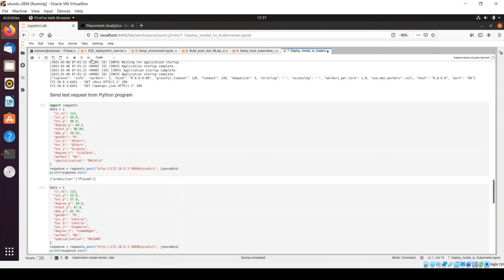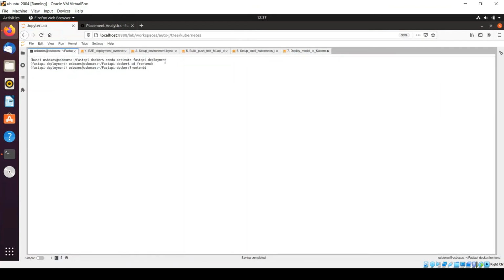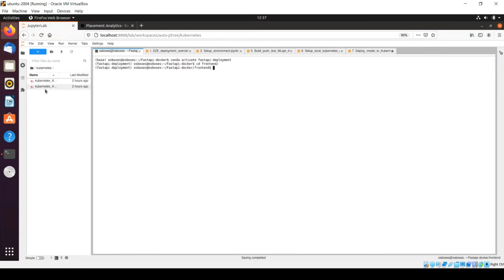Okay, we'll use one more approach where we will launch a Streamlit app, and using that Streamlit app, you would be accessing the ML API. For that, I have stored the Streamlit app within the frontend folder.